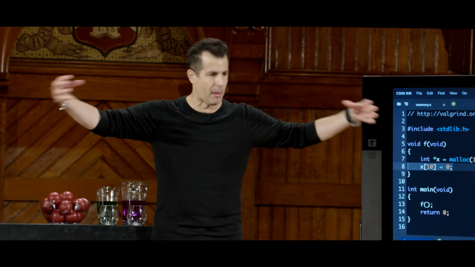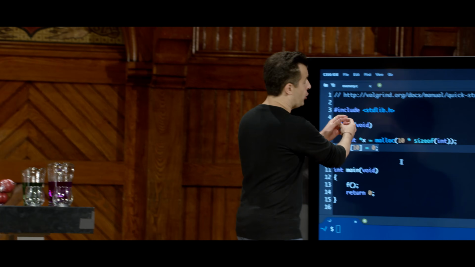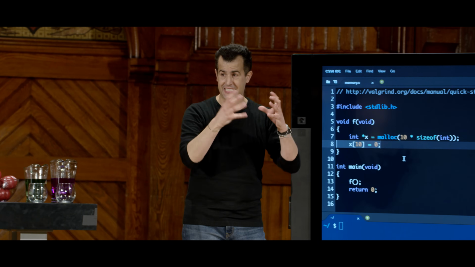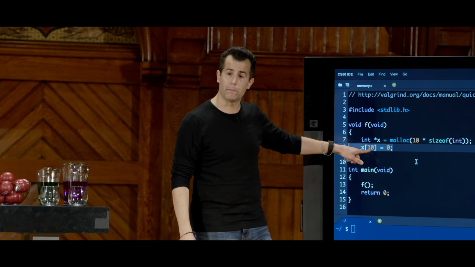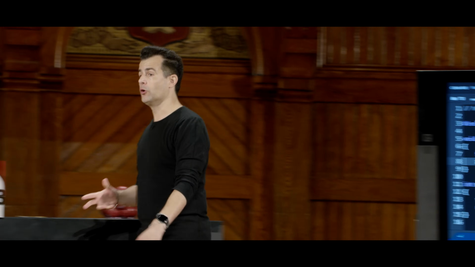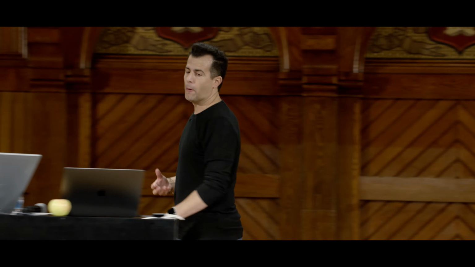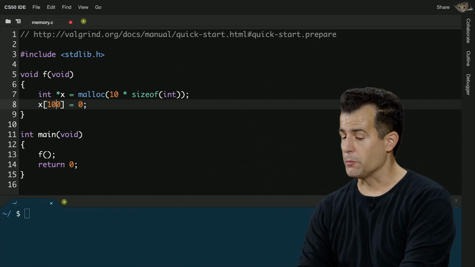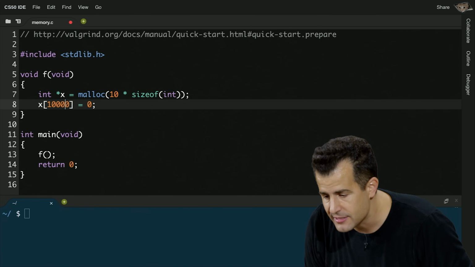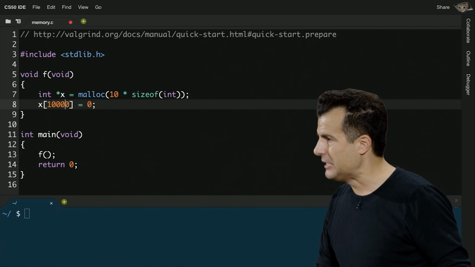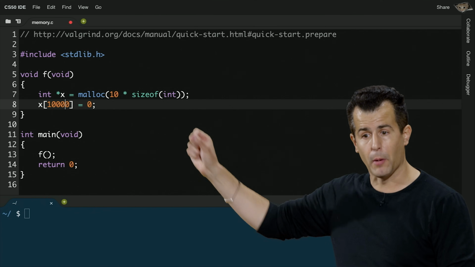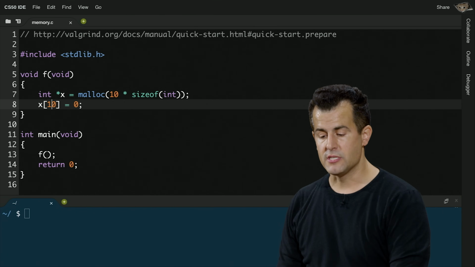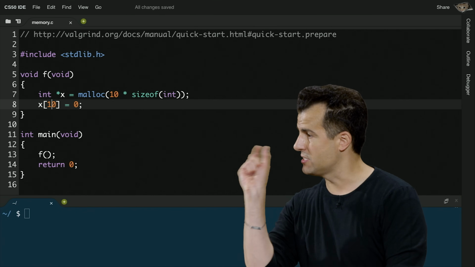Anytime you're talking about memory, anytime you're talking about an array of memory, which this effectively is, room for 10 integers back to back to back, if you go one step too far, that's what's called a buffer overflow, whereby the buffer is the array. And in fact, this would make it even more clear. Suppose I tried to go there, bracket 10,000. That is definitely not among the bytes of memory I allocated. That's definitely going beyond the boundaries of my array. But so is bracket 10, one step too far.